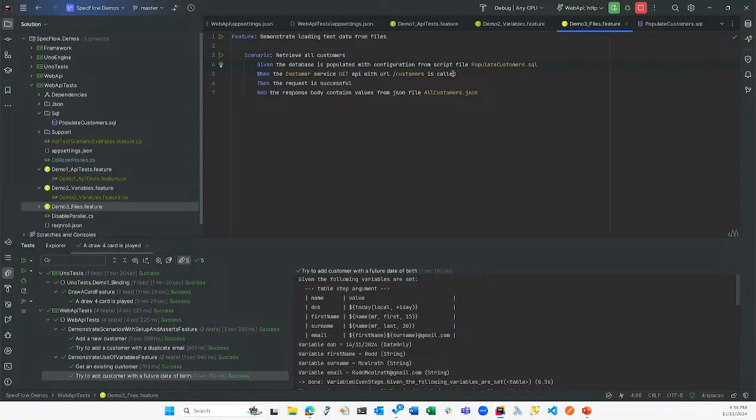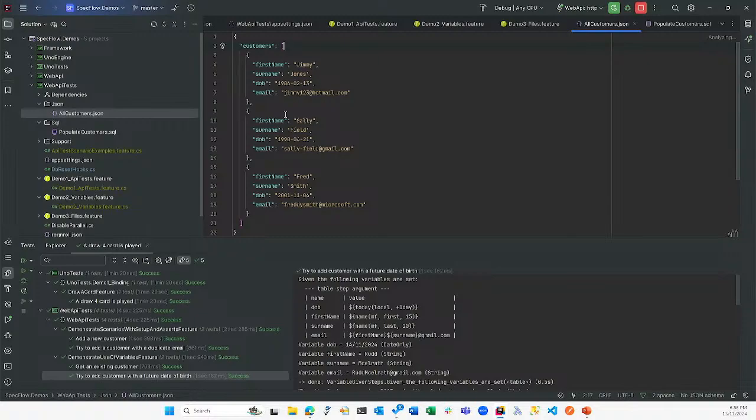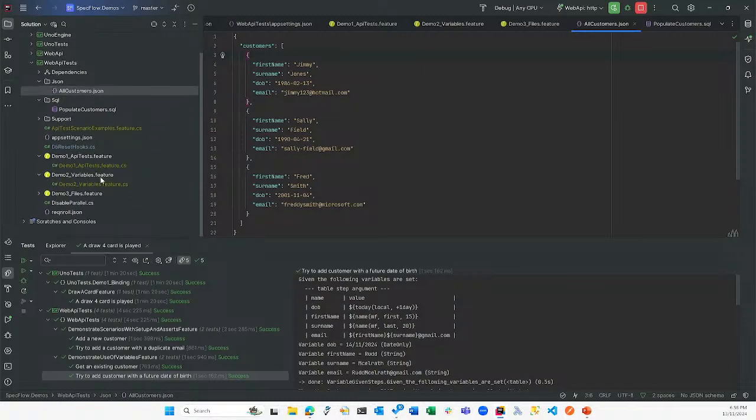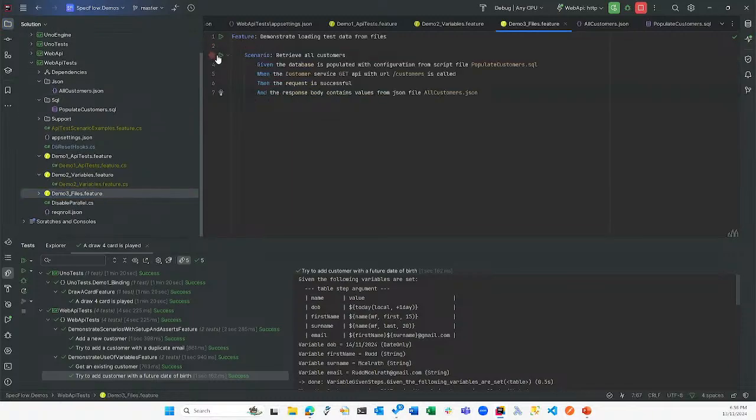And then we're just going to call the get API for customers. We're going to make sure that the request was successful, and we're going to check that the response body contains the values from all customers, which is a JSON file. So we can have a look at that. We basically format this as we expect the JSON to be. It doesn't have to contain every single JSON value. It's basically saying the response should contain these values, but it could have additional stuff as well, and that won't fail the test. So if we run that one,